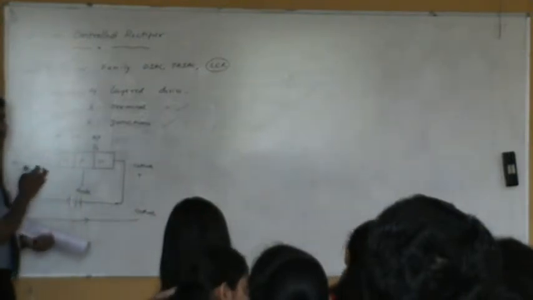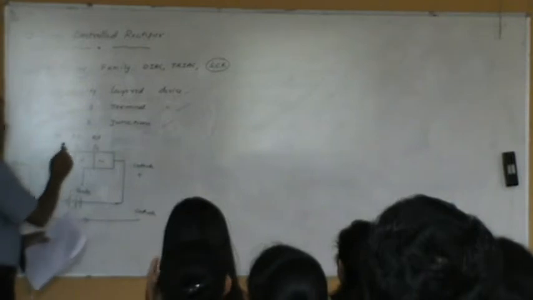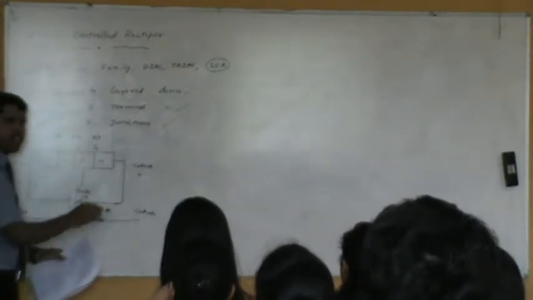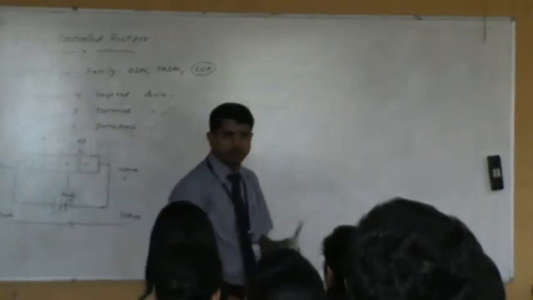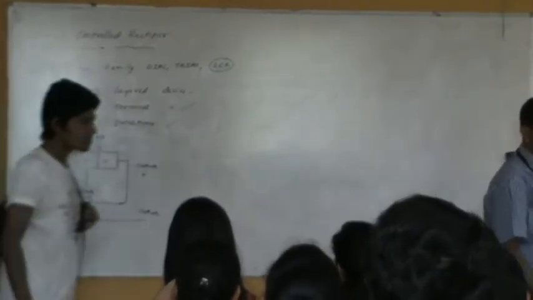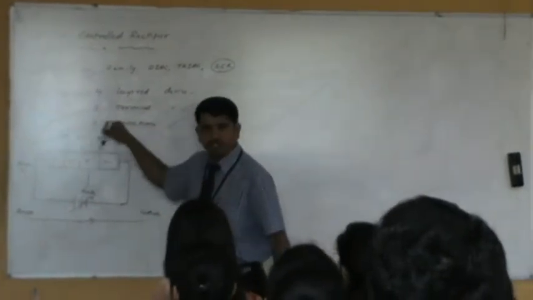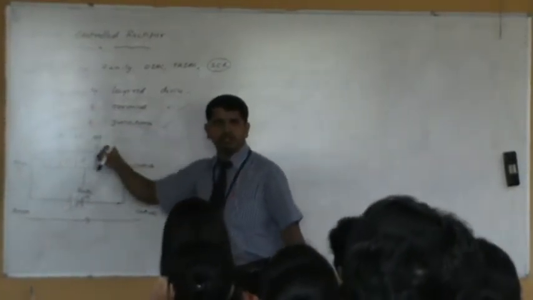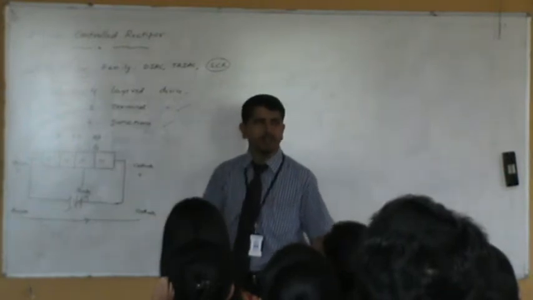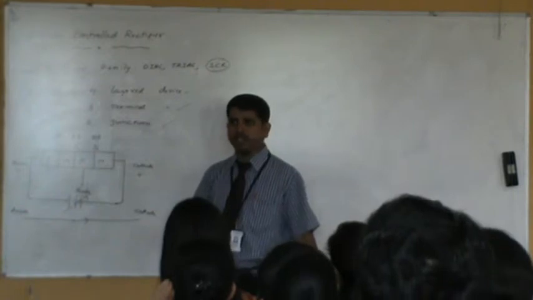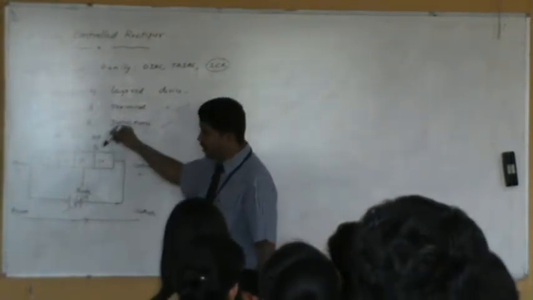Majority carrier current will not flow through this because two junctions, J1 and J3, are reverse biased. Only junction J2 is forward biased. Because of this, what may happen if I increase this voltage to a larger extent? There is a chance that the junction may break down, right? You have seen this in the diode. When you apply a large reverse bias, the junction breaks down and a large current will result. Same thing will happen in this case also.